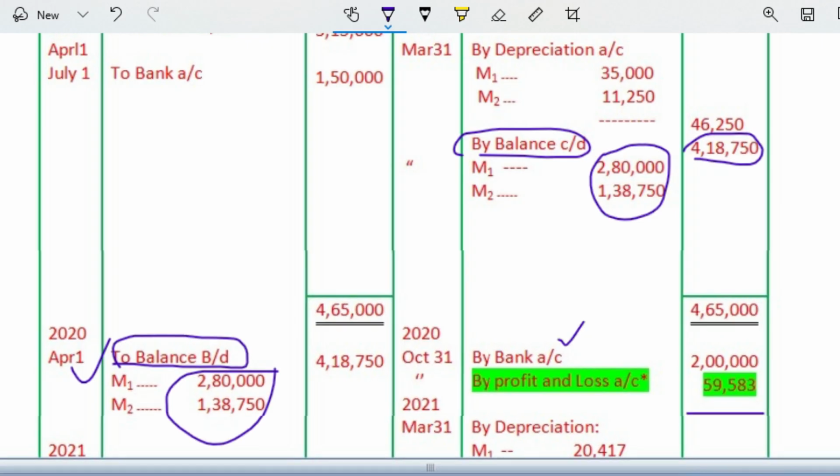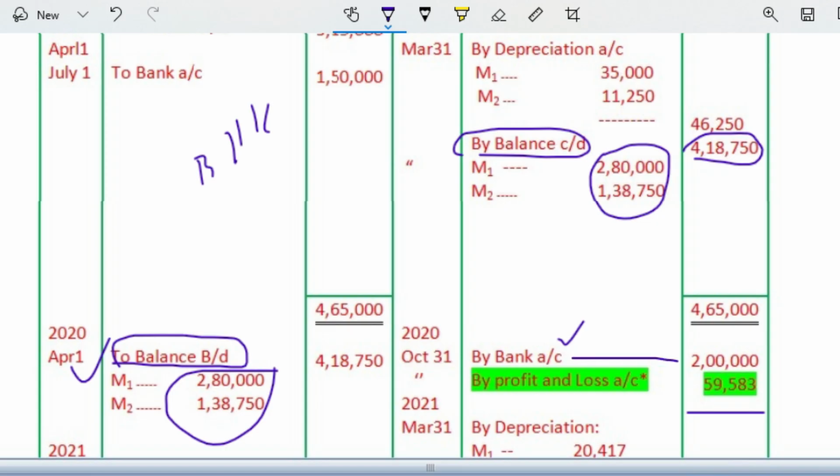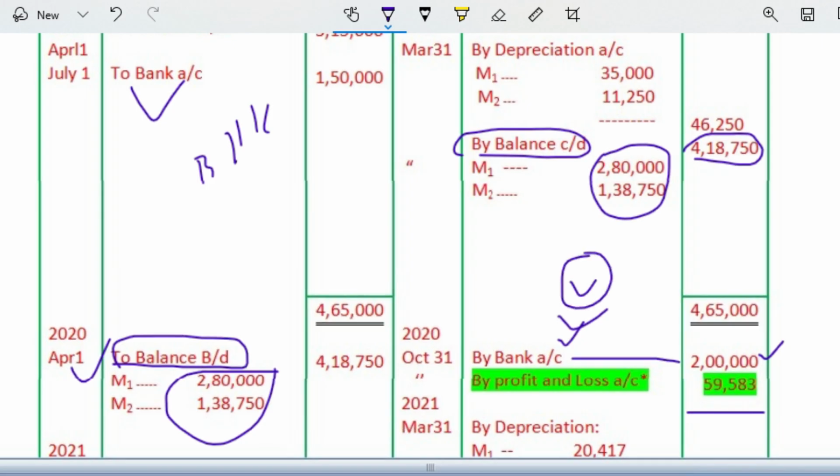When machinery is sold, the journal entry is bank account debit to machinery account. So in the machinery account, it will be on the credit side by bank 2 lakh. When machinery is purchased, it is on the debit side to bank account. When machinery is sold, it is on the credit side by bank account. What is the selling price? Selling price is 2 lakh. In this sale, what is the loss or profit made by the business on sale of machine? Okay, and I will make this clear with the help of